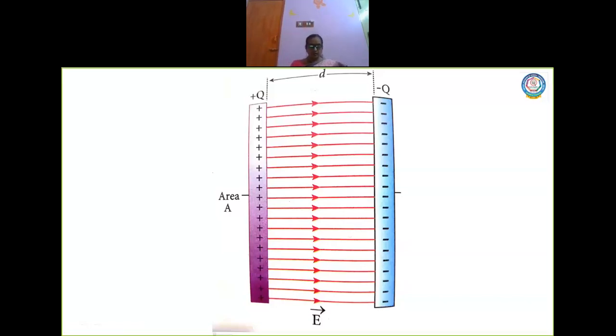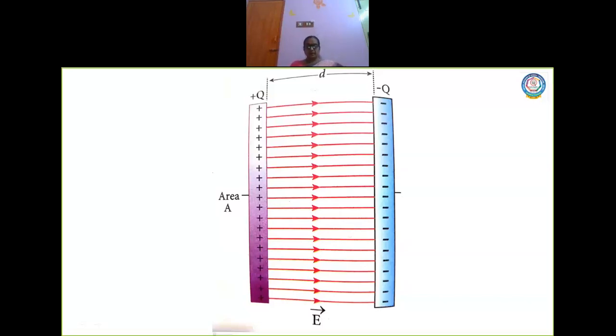Okay, and we found out the electric field to be E is equal to sigma by epsilon naught, and I'll just tell you the page number so that you can refer before you go into this topic. The topic we discussed is on page number 45 of your textbook, electric field due to two parallel charged infinite sheets. In that we calculated the electric field in between the plates. Here alone you will have the electric field existing between the plates, whose value was found to be sigma by epsilon naught. Okay, so that we are going to use here, right?